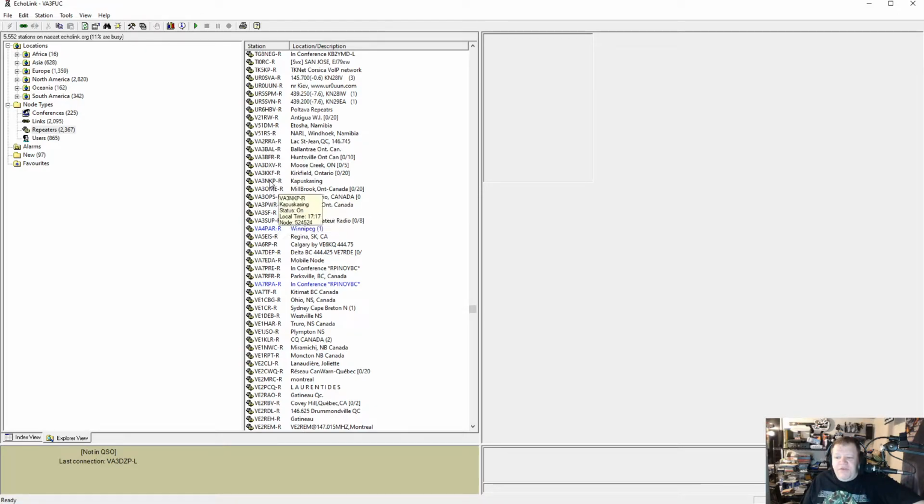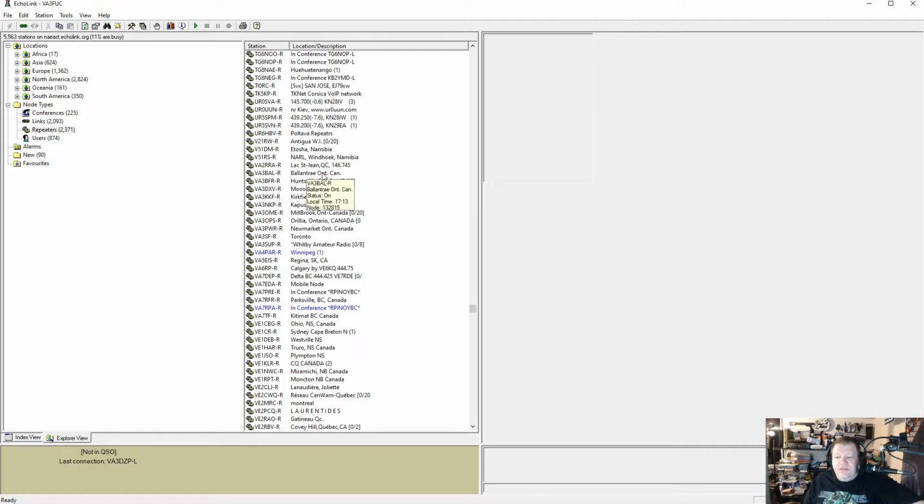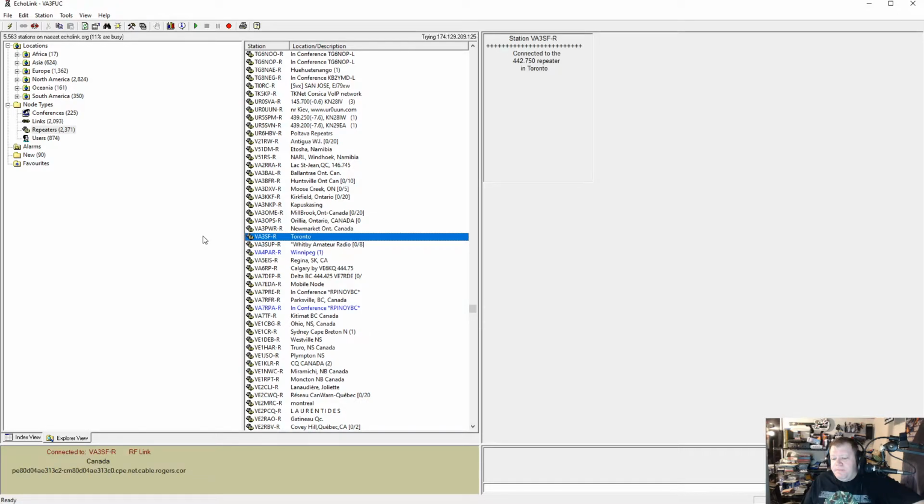Let's see, VA3. Sun, Ontario, Canada. Kirkfield, I should say. Toronto VA3 SF, Toronto repeater? So we can connect to that one. So I'm connected to the Canada repeater at